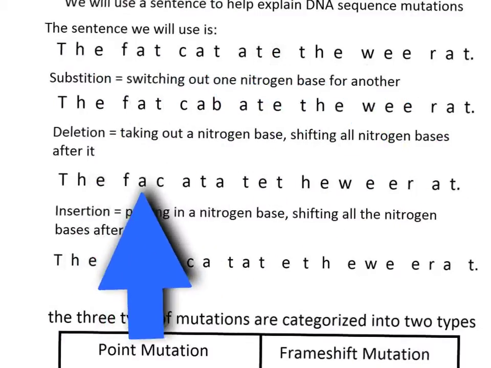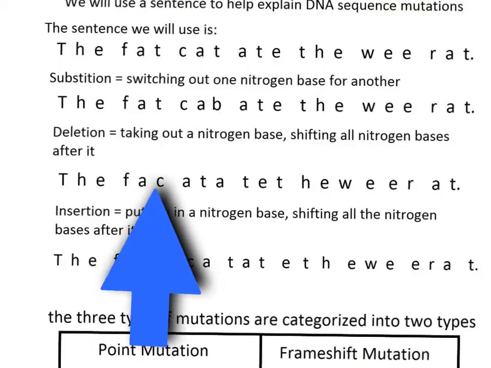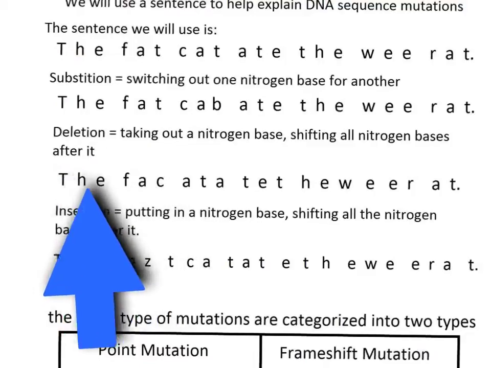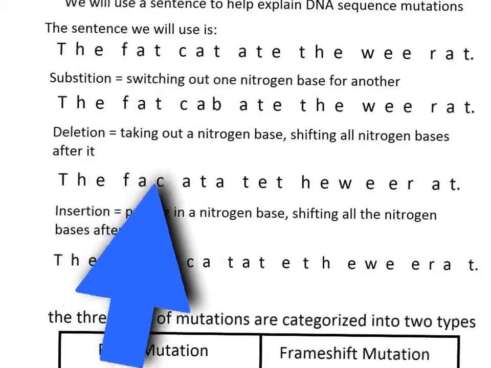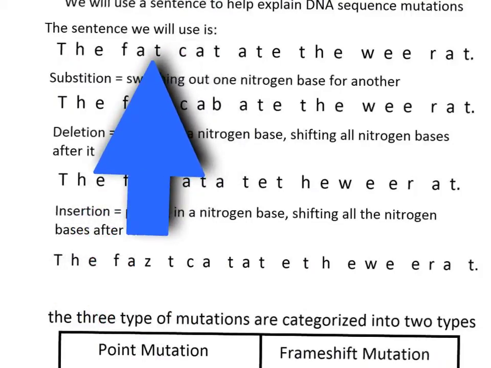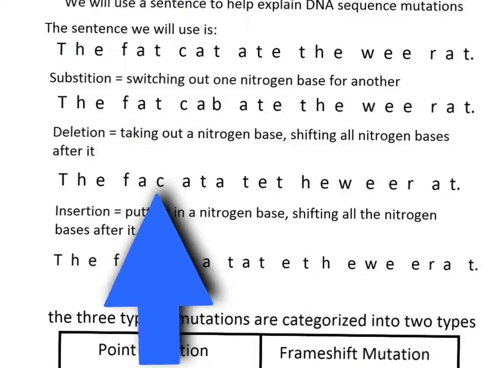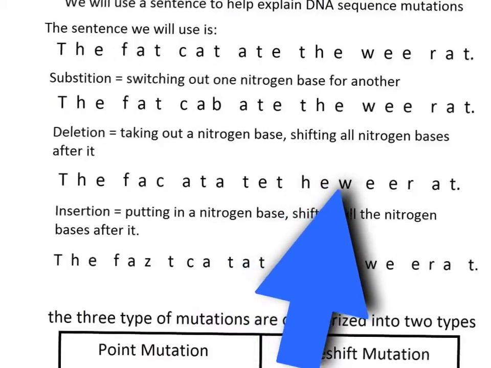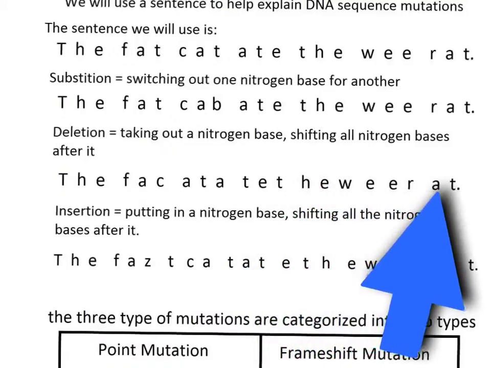Now, in our deletion, we took out the letter T, so every letter afterwards shifted. And remember, they're in triplets because they're supposed to be codons. So when a DNA sequence is deleted, when it's copied to mRNA, it's going to be read in threes. So it's THE, and then FA, and then that C gets pushed over to that spot, and then everything moves after. And it's FAC, ATA, TET, HEW, EER,